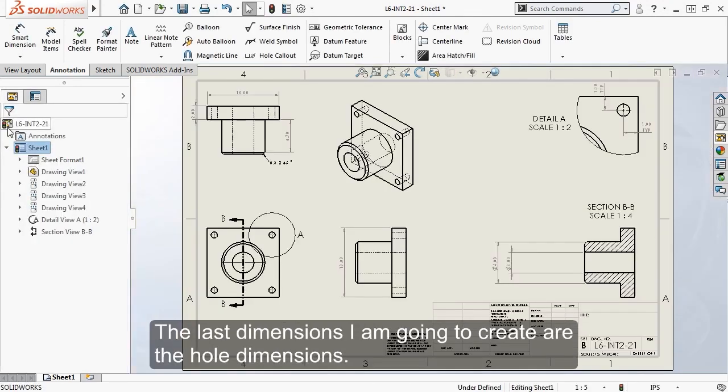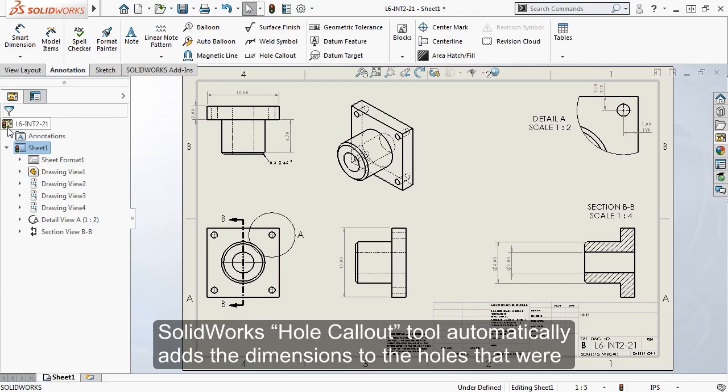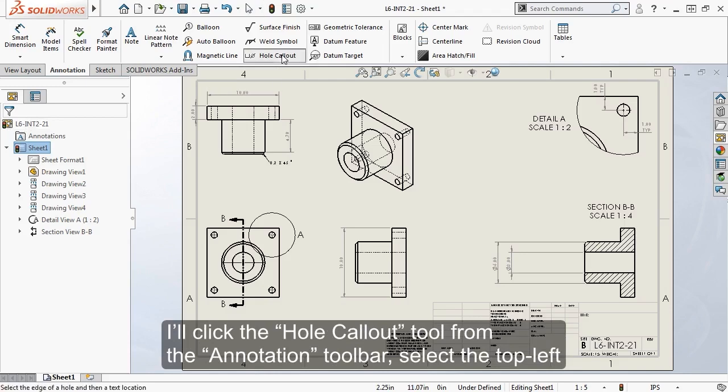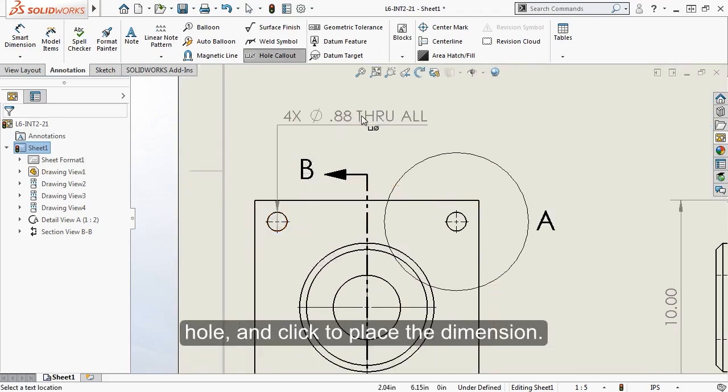The last dimensions I'm going to create are the hole dimensions. The holes were made using the Hole Wizard feature. SolidWorks' Hole Callout tool automatically adds the dimensions to the holes that were created using the Hole Wizard. I'll click the Hole Callout tool from the Annotation toolbar, select the top left hole, and click to place the